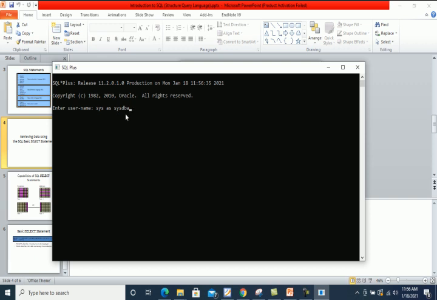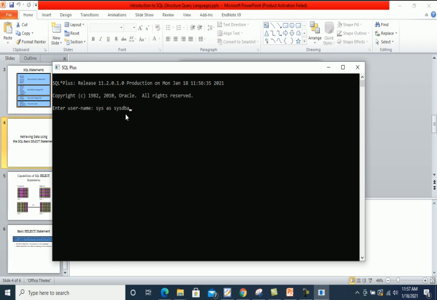Only this user can start and shut down the database, not any other user. With the help of this user, we can create new users, give permissions to users, take back rights from users, etc.